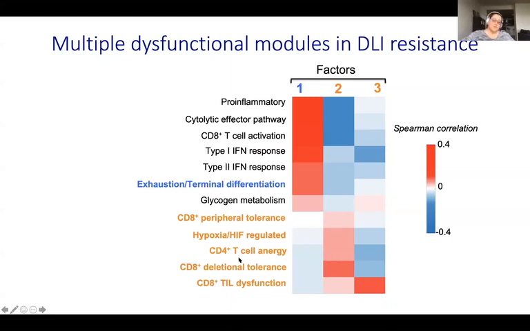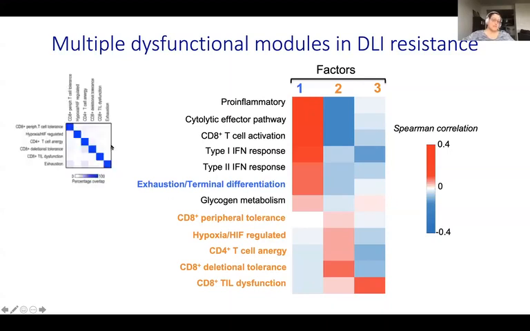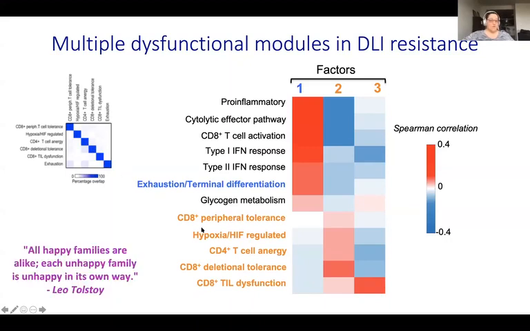And what I want to bring your attention to is that often when you have these gene signatures, there's high overlap between the genes. But in this case, almost each gene signature had completely different genes, really showing that while all happy families are alike, and they all sort of share this terminal exhaustion immune activity phenotype, the unhappy families are unhappy each in their own way,